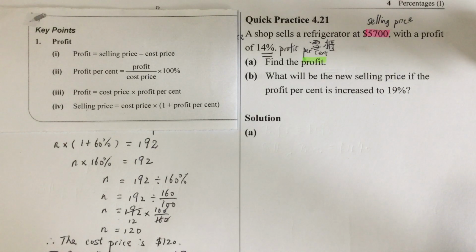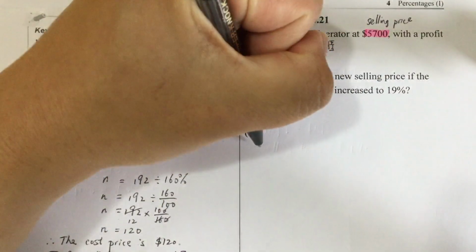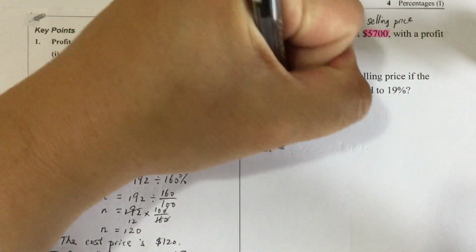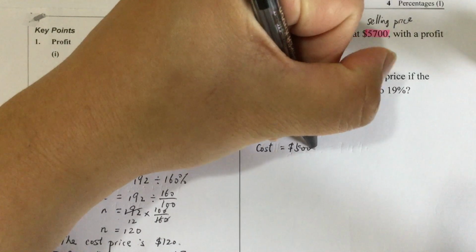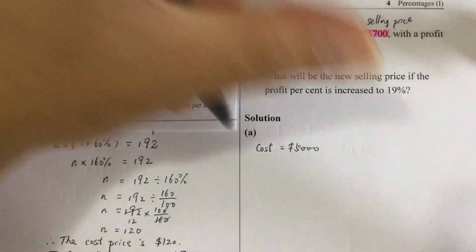Okay, now it's your turn to find out the answer. If you are continuing your calculation, now pause the video. Okay, first of all, we must find the cost price. The cost price I can give you is 5,000. So the profit